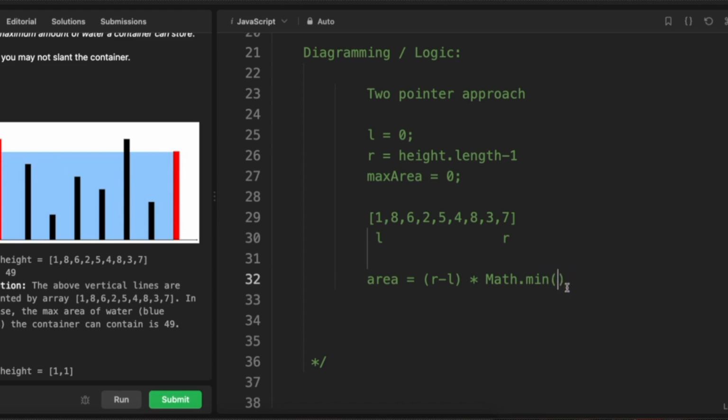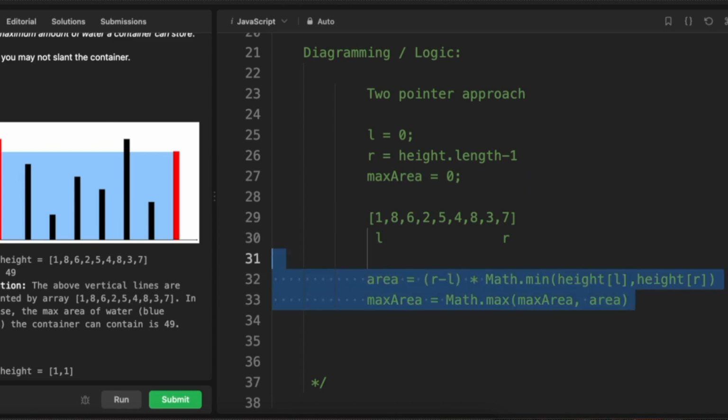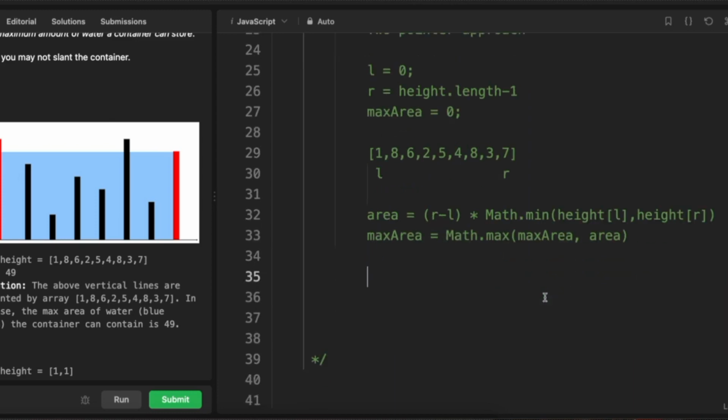So basically, it's going to be the minimum of height of L comma height of R. This will calculate our area, and then we just have to calculate the max area by calculating math.max of max area comma area. So that is basically our logic. And we move the left pointer and then the right pointer based off of which one is higher than the other. So remember,